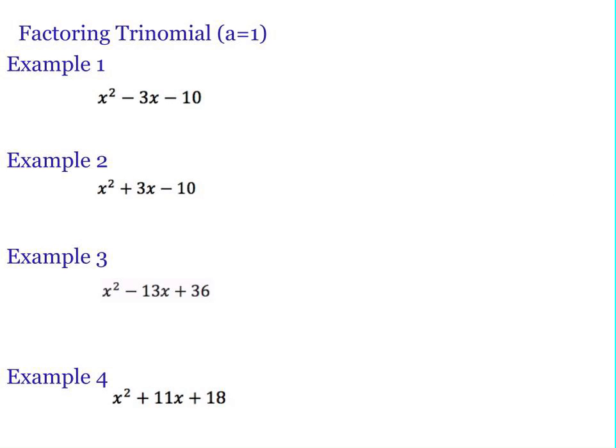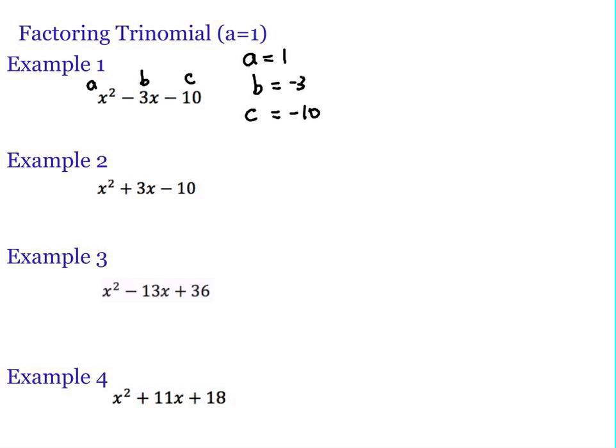So in this video, we'll be looking at factoring trinomials with a equals 1. When we look at a trinomial, it means there's three terms. We're looking at a term that has a value of a, which is the coefficient in front of the x squared, a b value, which is the number in front of the x, and a c value, which is the constant. So in this problem, we have a equal to 1, because there's 1x squared, b is equal to -3, and